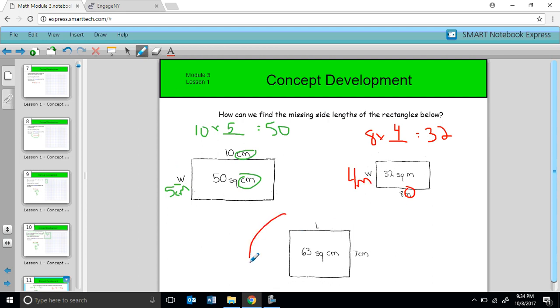Alright guys, now in your notes, this one's tricky, I know, because it's sevens, but I think you can do it. I want you to go ahead and do this. You're going to figure out what that missing measurement is. If you don't want any spoilers, hit pause. So I know 63 equals 7 times something. And it's in centimeters again. So I can go ahead and write